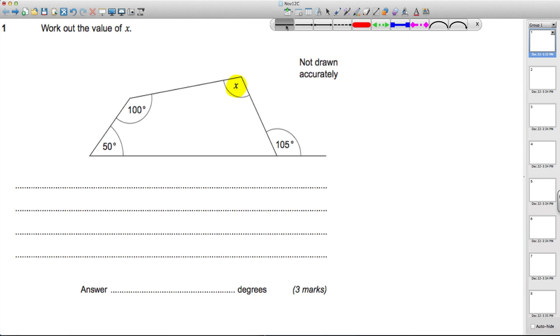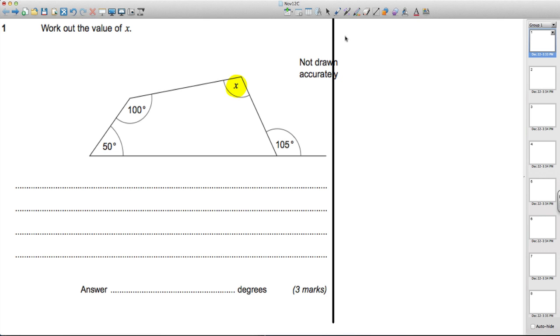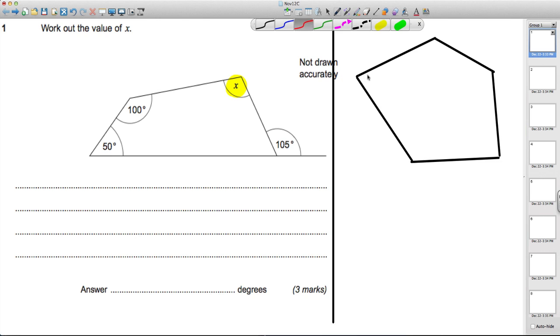Now, I'm going to do a tiny little bit of revision down the side here. Say you have a polygon. A polygon is a shape made up of straight sides. So say you have a polygon as follows, and you want to work out what the sum of all the interior angles are. What are the sum of all these angles? Then what you can do is pick one corner, stay in that corner, draw a line to each of the other corners,